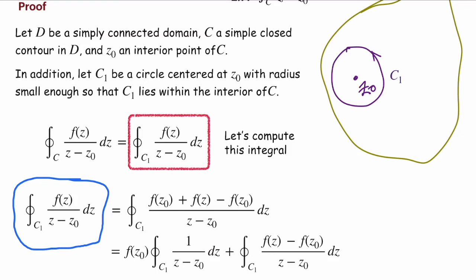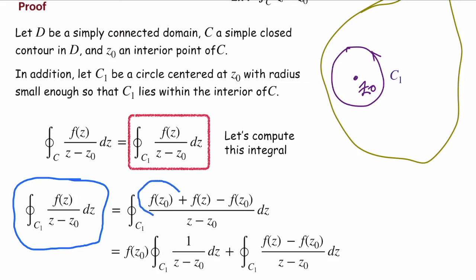Now the first step is to rewrite the equation, so this is one of my favorite steps. I call it a do nothing step. You simply add f of z0 and minus f of z0, such that you add a 0 to it, which is basically doing nothing. But we have two terms which are added, f of z0 minus f of z0, and f of z divided by z minus z0.